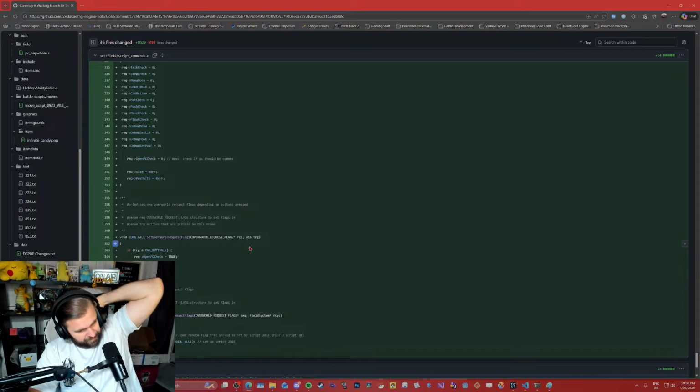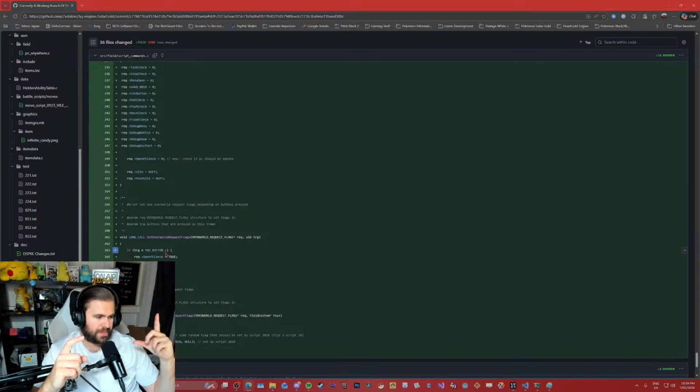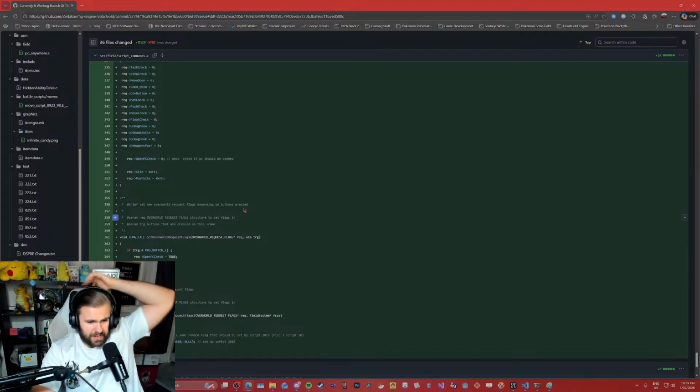Well, this is, I think, how they've done it. They've set this up, so it's got requirements, open PC check. So I've got it set to pad button L, which is my Q on my keyboard. So whenever you hit the pad button, which would be your button on top of your Game Boy Advance or whatever, the left one, whenever you click that, my PC comes up. So that's where you can change the button there.